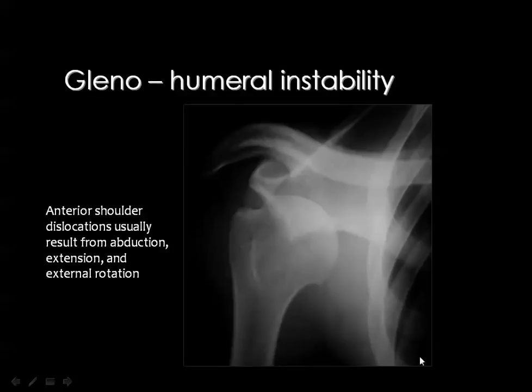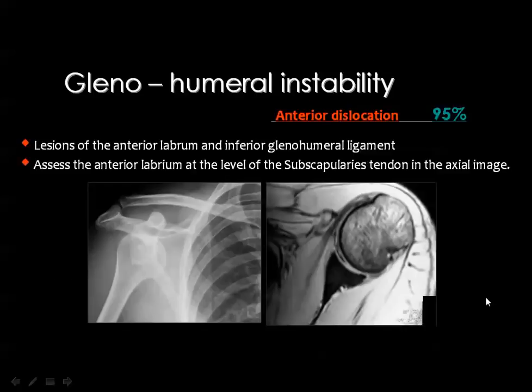Shoulder instability means that there is some sort of dislocation of the shoulder, which is most commonly anterior dislocation and less commonly posterior dislocation. The anterior dislocation represents about 95% of the instability, while the remaining are in the posterior direction. Then we assess the